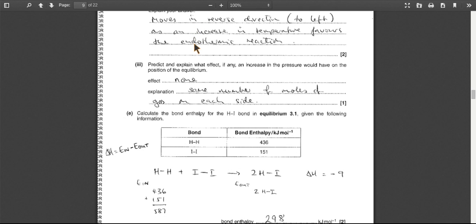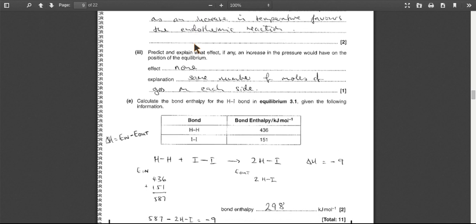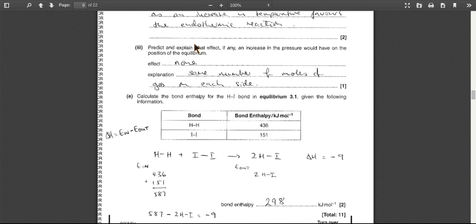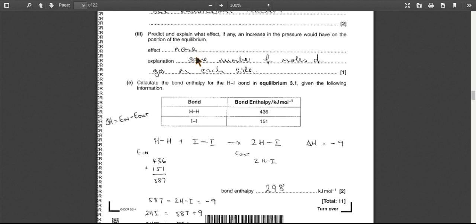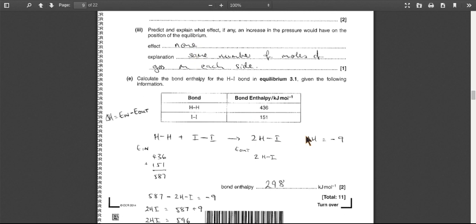And then the final part of the question is the bond enthalpy part. Calculate the bond enthalpy for the HI bond in equilibrium 3.1 given the following data. Remember, we know the delta H for this reaction is -9. So you can see I've drawn out the equation in a displayed way. So we've got an HH bond and an II bond,